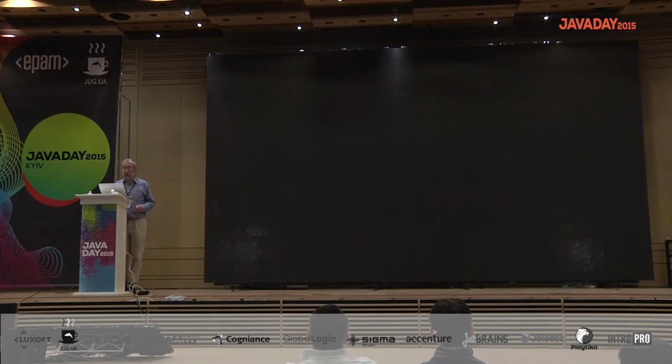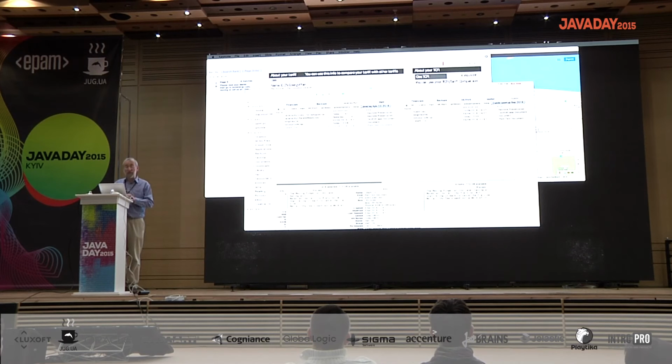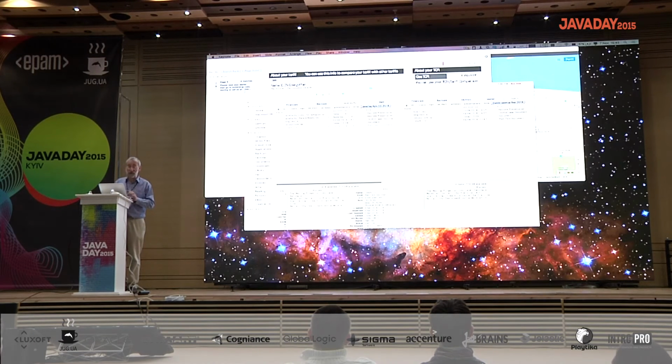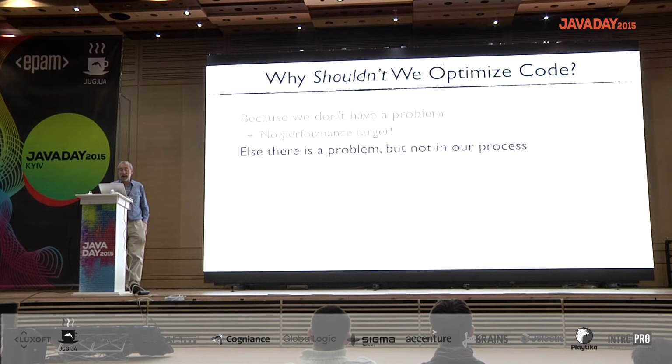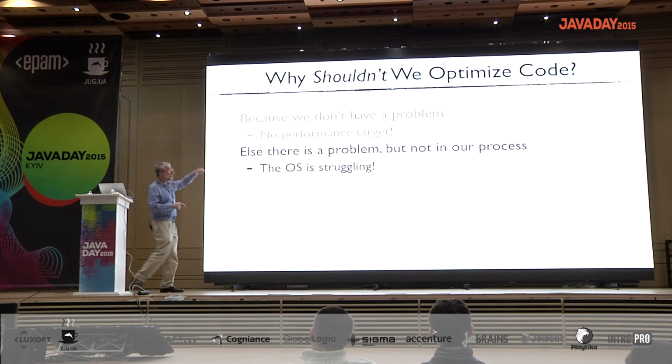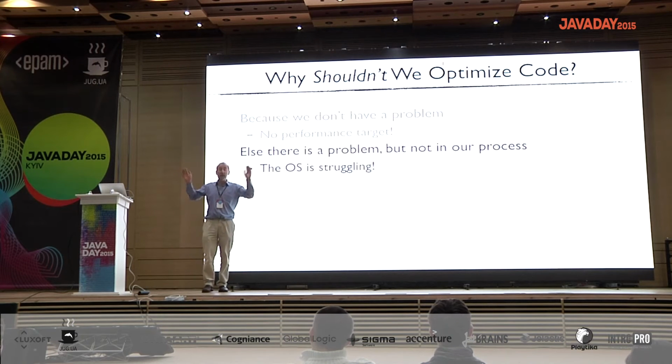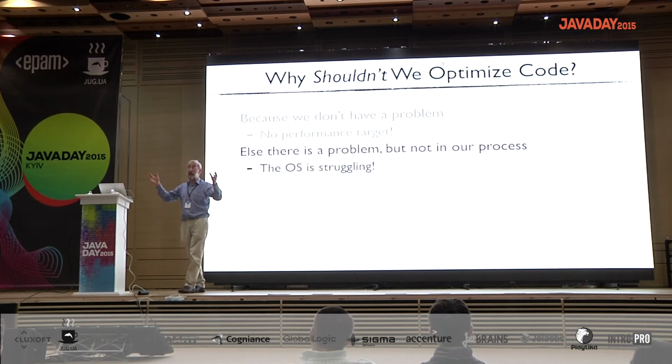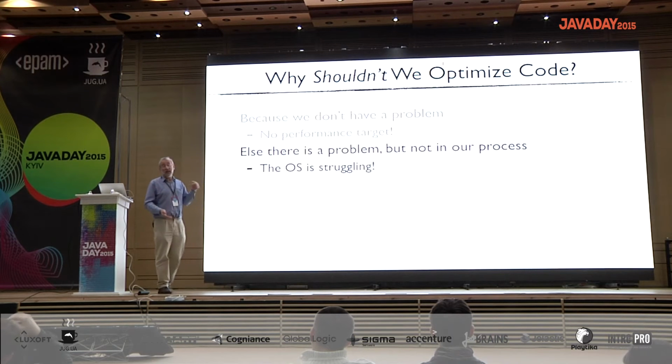So we'll suppose then that we've fixed that problem, and we've found that the problem is in our process, and it's not that the OS is struggling. I'm talking about these things in the order in which you should look at them. We're going from outside inwards. So the first thing is to ask, do we have a problem? The second thing is to look at the system as a whole. The third thing is to look at the